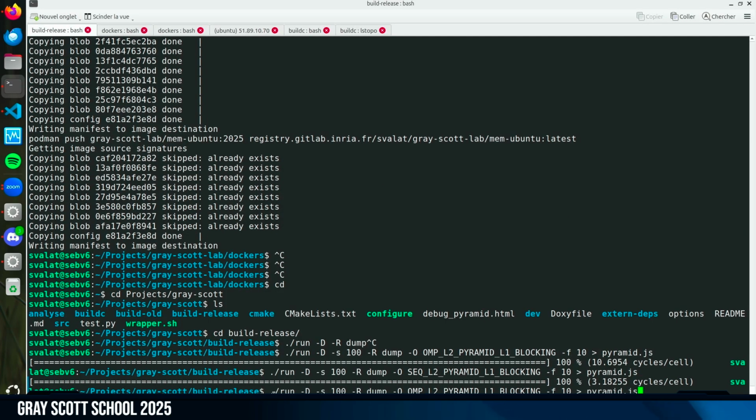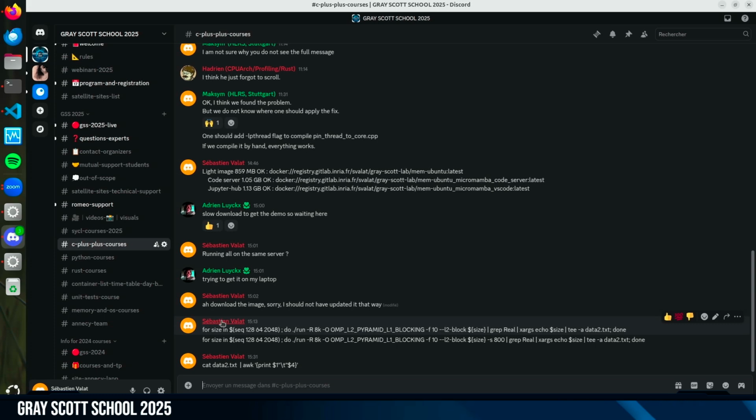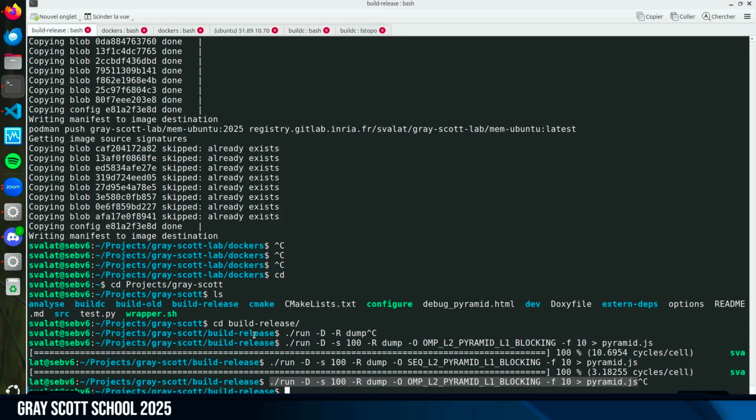If ever you want to play with the pyramid on your laptop, you cannot do it in the Docker container because you cannot get the HTML file opened in the web browser. I can give it to you in case. Yeah, this is a dirty thing. You need to build in this build-release directory, because this is where the HTML file is searching for the JS file with the data. I can make it here.